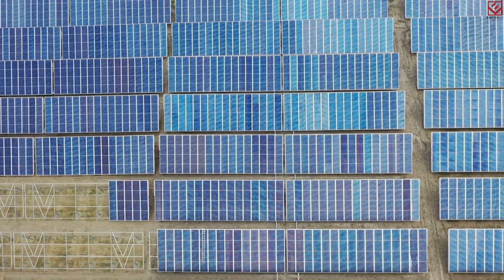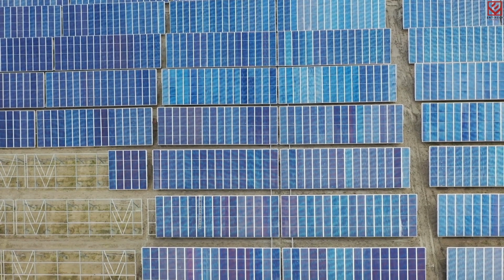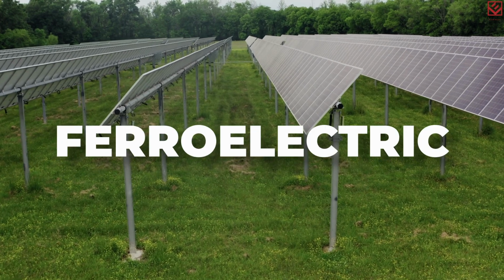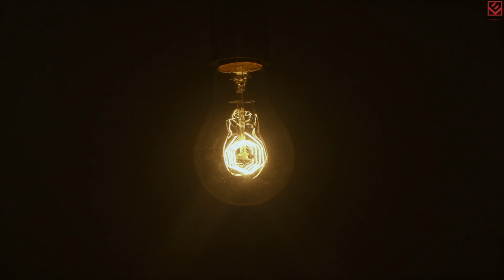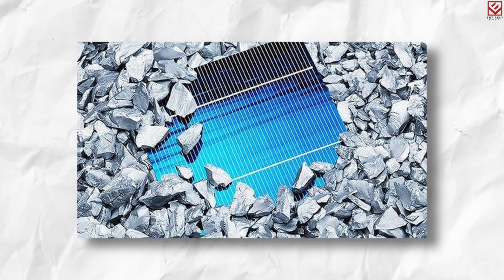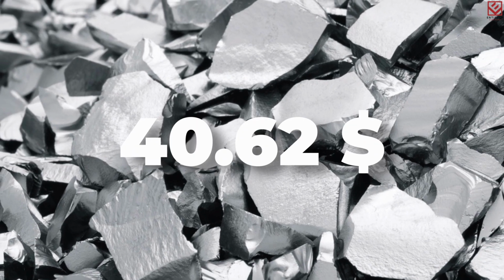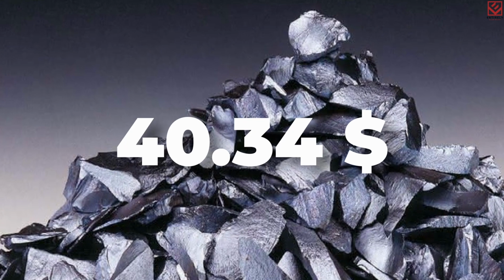So what have we told you about a lighter, easier to manufacture, and less expensive material? It is a low-cost solution for creating an efficient cell. Ferroelectric crystal cells are photovoltaic cells that are thin enough to power a house. However, strong demand combined with manufacturing flaws has pushed the price of key materials, primarily polysilicon for solar panels, to an all-time high. The most expensive grade of polysilicon has increased to $40.62 per kilogram, surpassing last year's high of